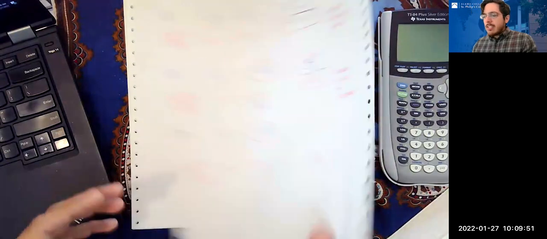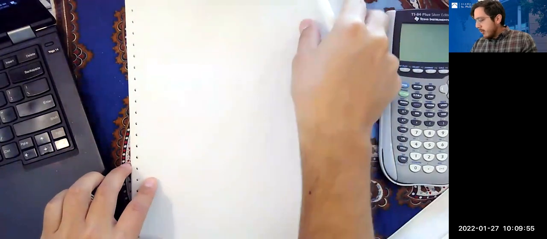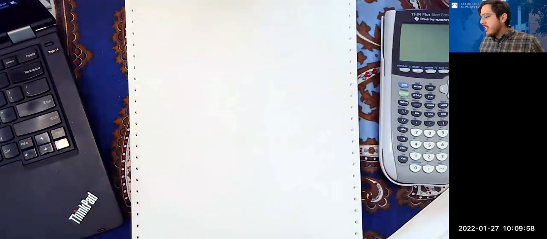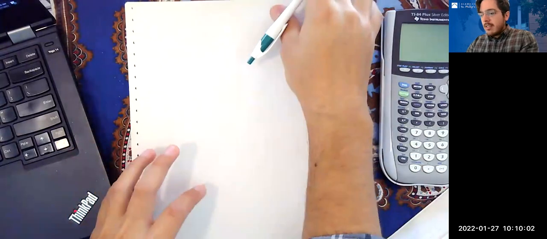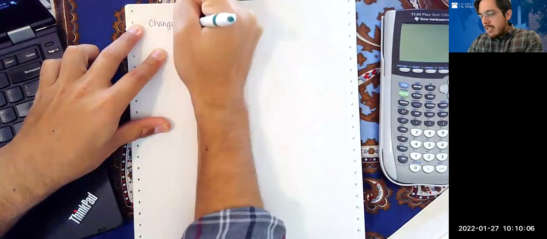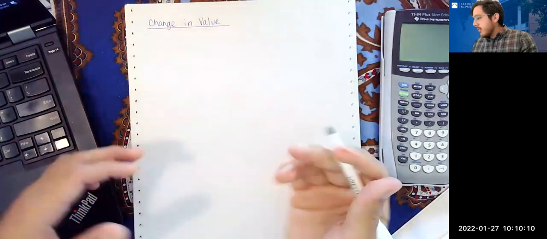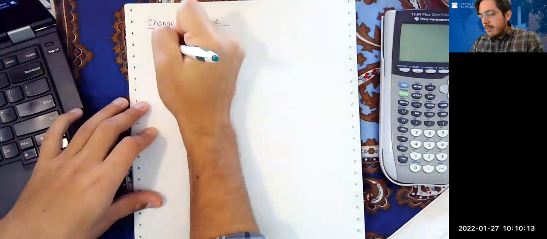So now you're going to run into some word problems in your homework. And these word problems are going to say things like find the change in value or find the net value. Okay, so we'll need to talk about change in value. And this is just a fancy way of describing subtraction. Change in value